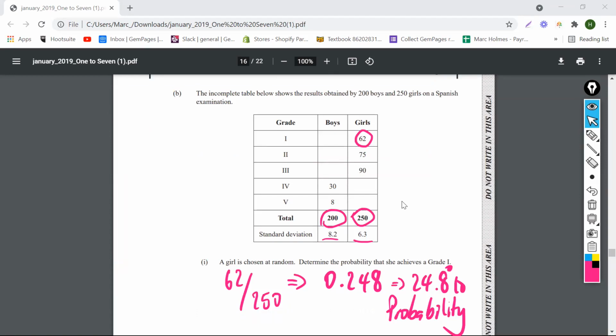Oh, you know how many boys got a 1? Add 38, 34, and 5, so you subtract that from 200. Oh yeah, that makes perfect sense. Okay, so guys, they're asking for the grades from 1 to 3, which is here to here. So it's 200 boys. So you can subtract the 30 and the 8, and that would give us